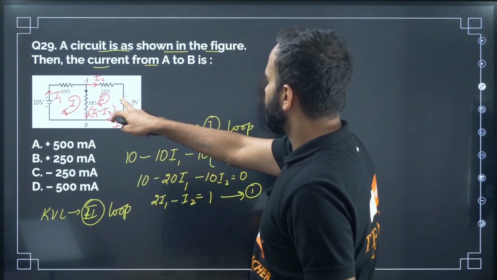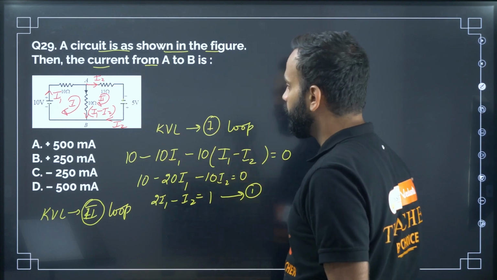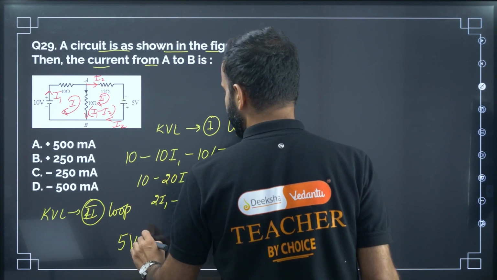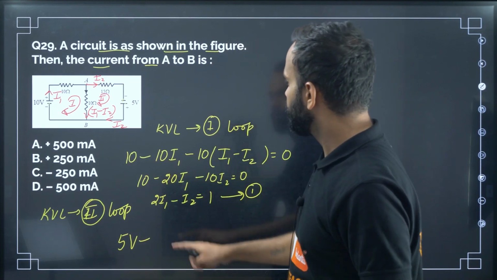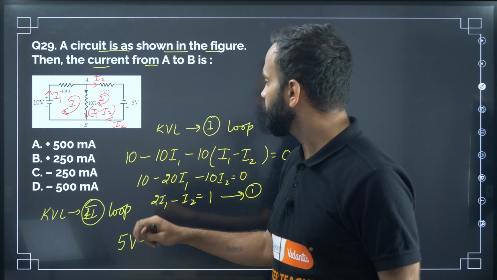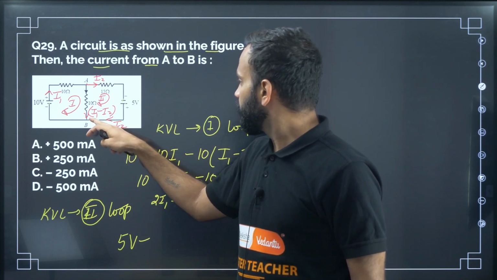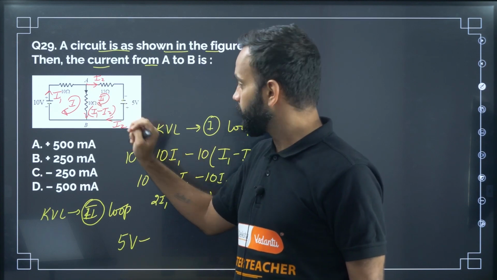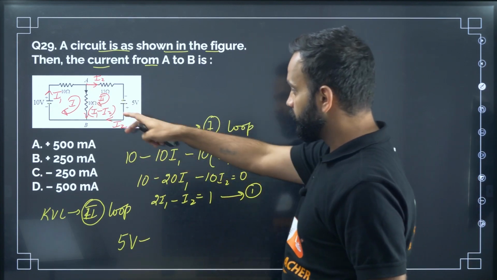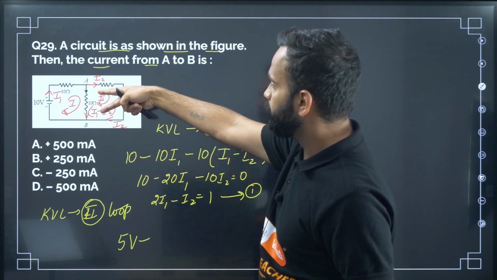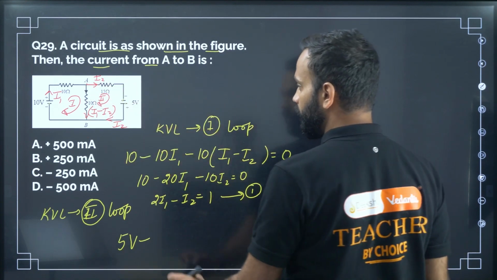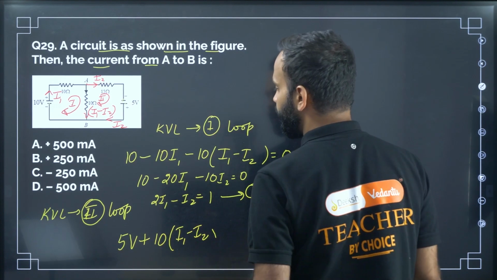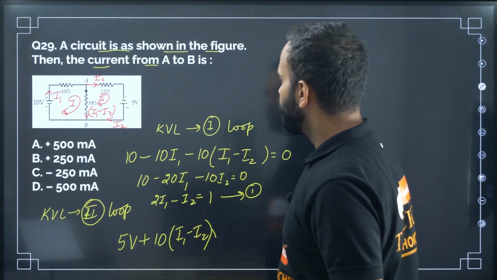Now you are moving from this point to this point, right? That is lower potential to higher potential. So 5 volt, positive 5 volt, okay. Sorry, we don't know it is minus or plus, okay. Then you are moving, okay, the direction of the loop and the direction of the current is opposite, right? So therefore the potential difference across, according to the sign convention, the potential difference across this 10 ohm will be positive, right? So plus 10 into I1 minus I2, okay, I1 minus I2,